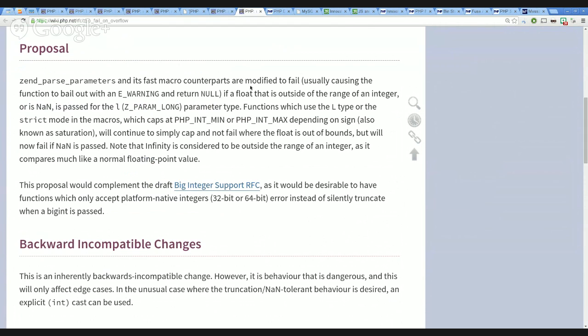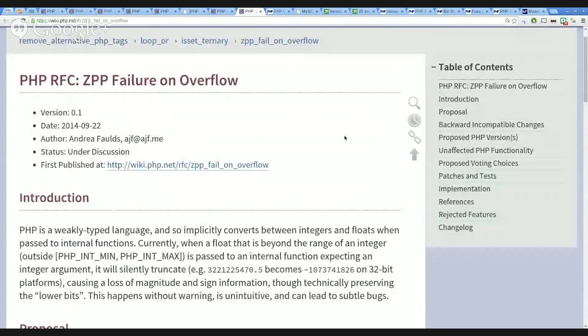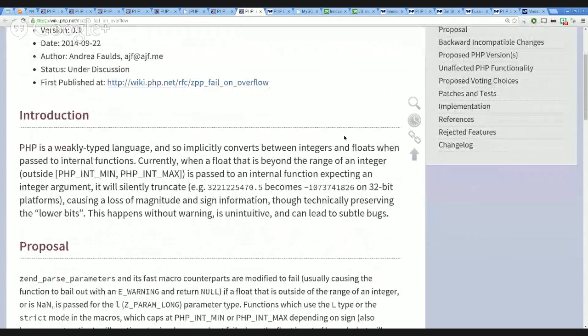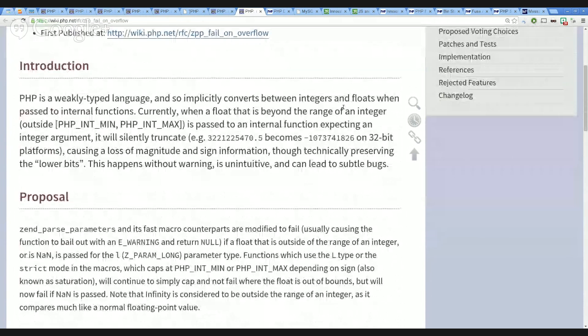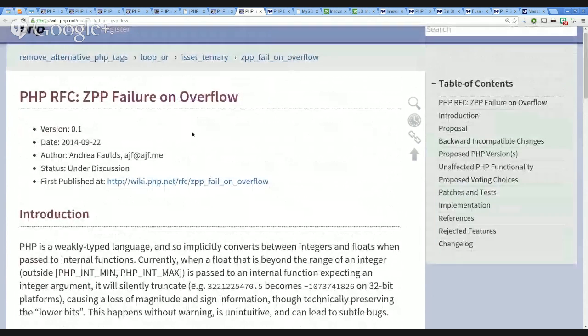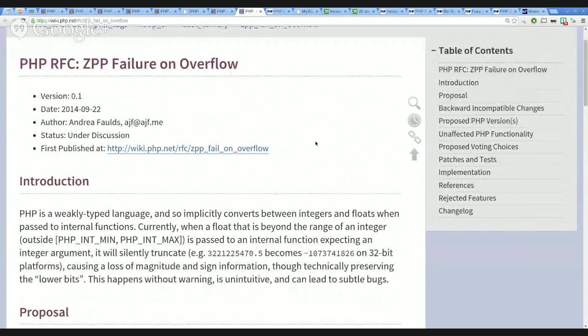Okay, then moving on, there is another proposal here. I think this is related with implicit typecasts of values that are done with type hinting. When you pass values to a function, now that type hinting will be supported for integers, I mean scalar values in general. So if for some reason you pass a value that is superior or inferior to the range that is allowed for integer values,